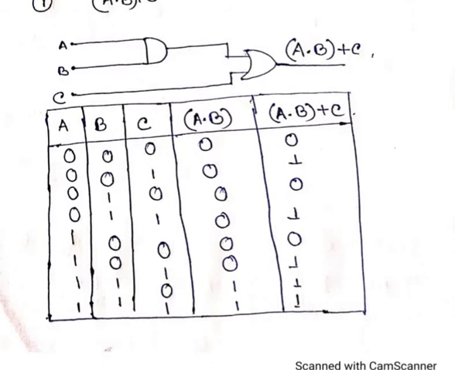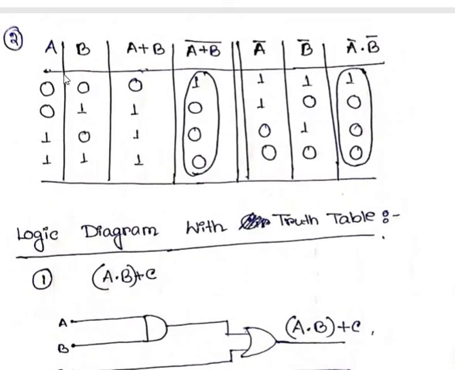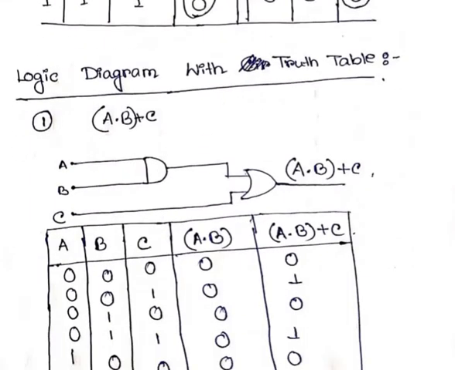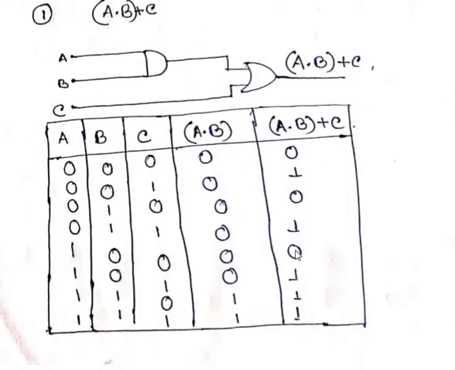Let me show you the two input table once again. It is a 2 input table. Here what we have done, I have taken 2 zeros, 2 ones, then 0, 1, 0, 1. If it is 3 input, I will just multiply this 2 with 2 again. It will give you 4. It will be 4 zeros, 4 ones. Then 2 zeros, 2 ones, 2 zeros, 2 ones, and again 0, 1, 0, 1, 0, 1, 0, 1.